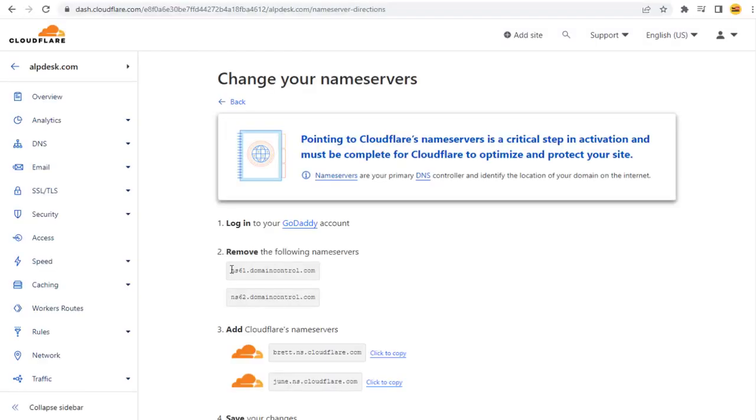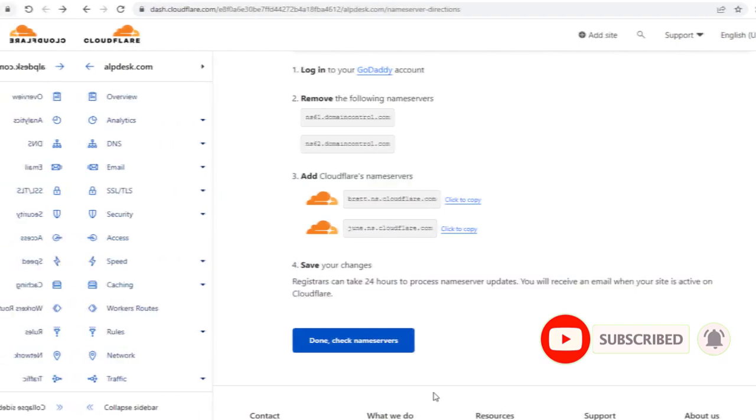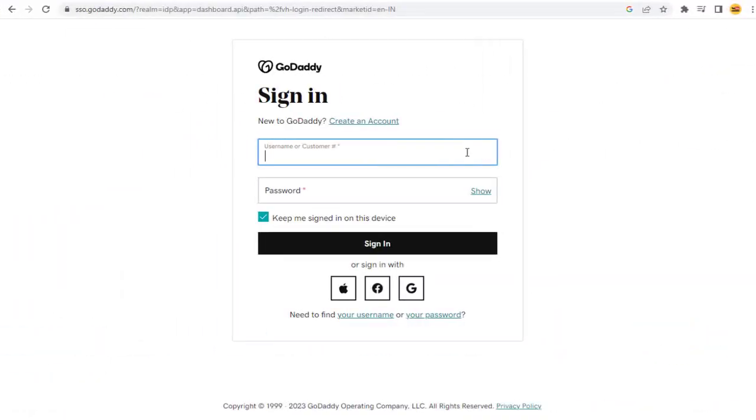In this page, you can see this is my existing website domain name servers. We need to replace them with these Cloudflare domain name servers. So we need to head to the website domain name account to replace the name servers inside it. My domain name account is with GoDaddy. You may have your domain name account with any other domain seller, be it HostGator or Bluehost, but the process